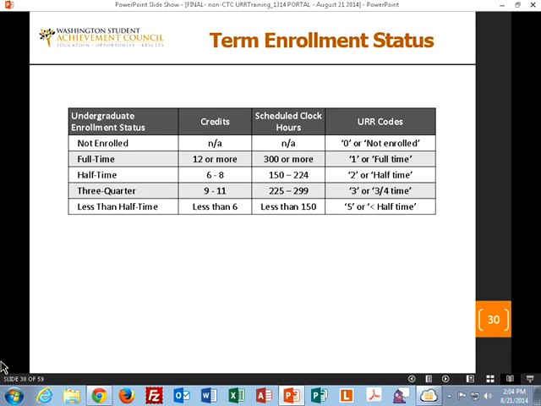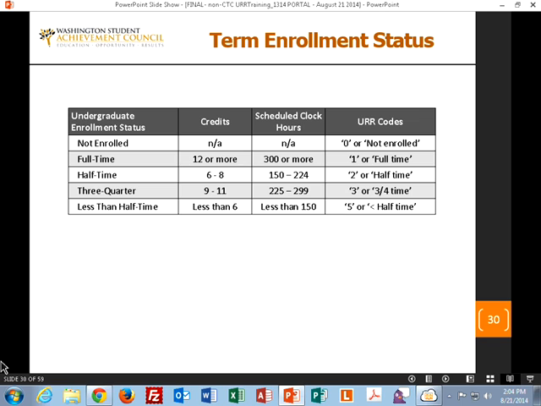The slide shows on the left, kind of the high level of not enrolled, full-time, etc. And on the right, it shows the unit record report codes. These are the same as the interim report codes, in the SEASAW codes. So the consistency is there. The sequence is not really there. The numbers don't really flow the way that maybe you or I would create them if we were doing it today. But we've got history of these numbers and don't want to change them at this time.